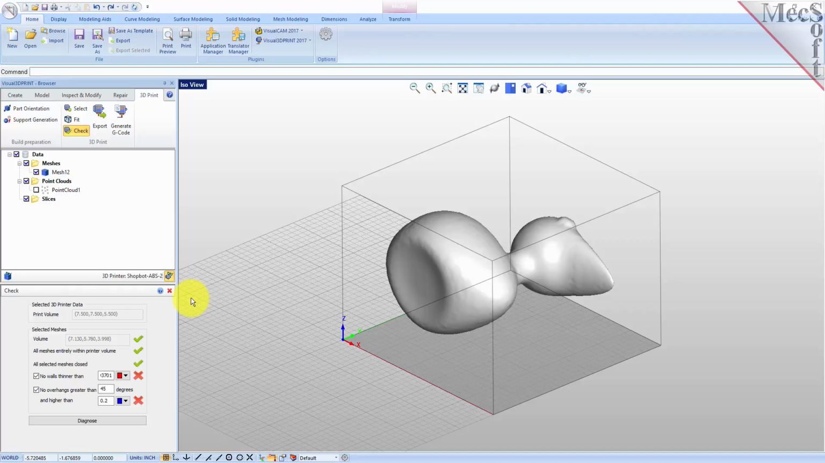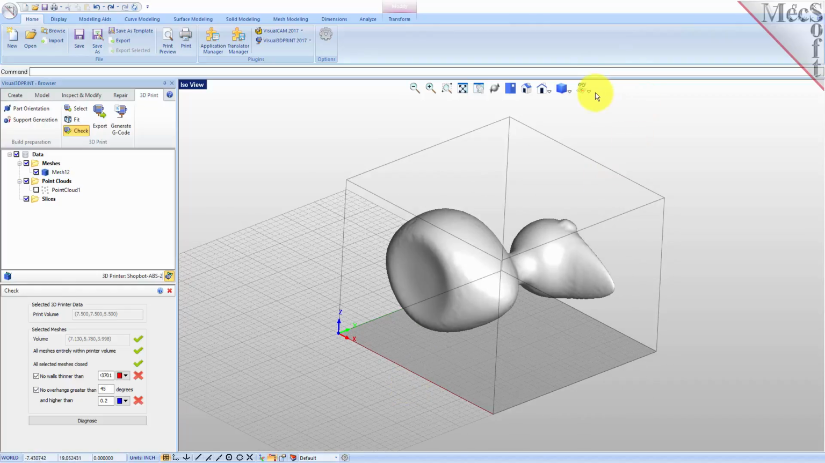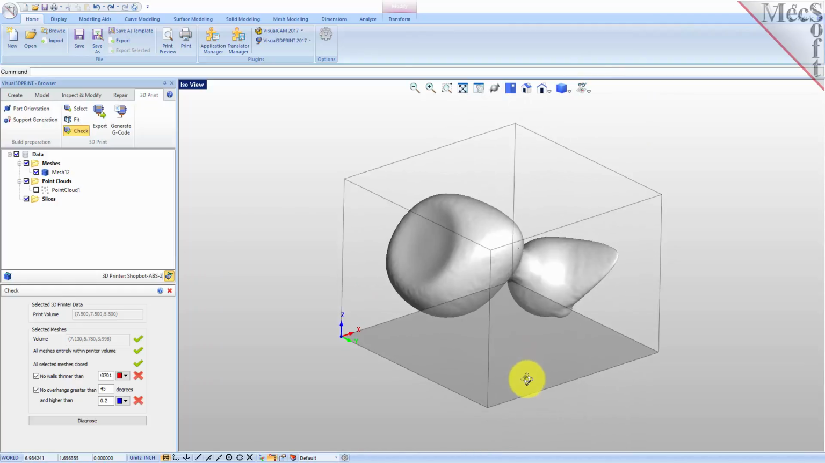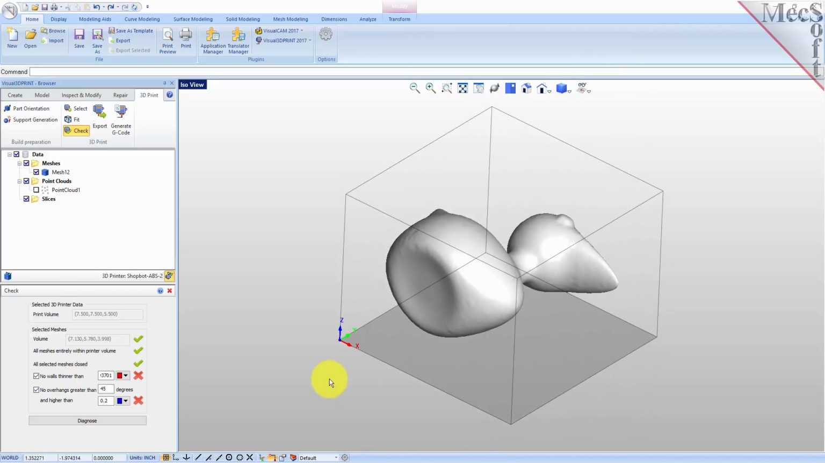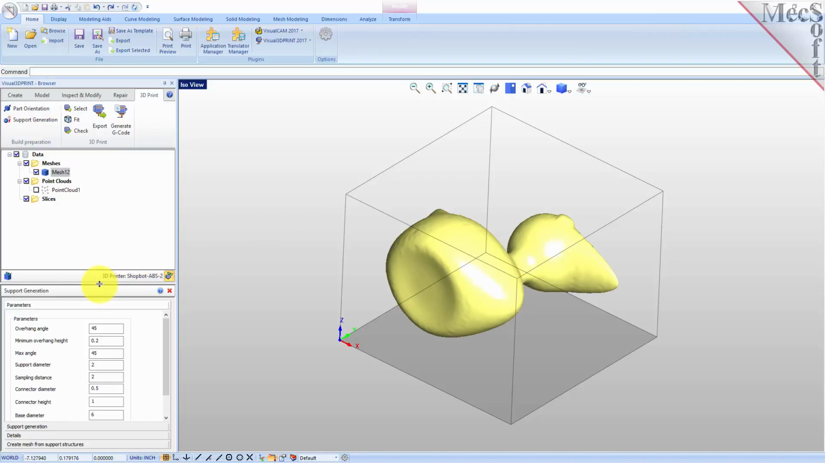The only thing that we got left to do is we want to create a support structure underneath this part. Currently we have the part centered in the Z and in the X and the Y. So we have a cool command that allows you to create a support structure automatically for your parts. Go on the 3D Print tab, pick the support generation command, select your mesh, and you will see down here,